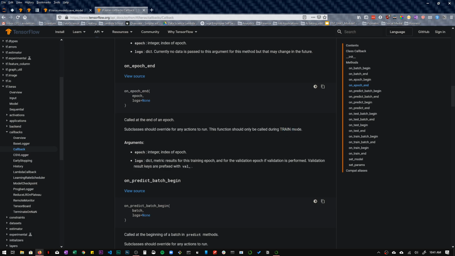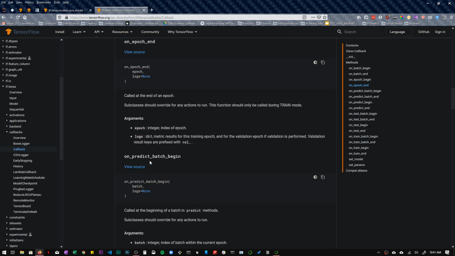Logs is a dictionary of metric results for this training epoch and for the validation epoch if validation is performed. Validation result keys are prefaced with val.